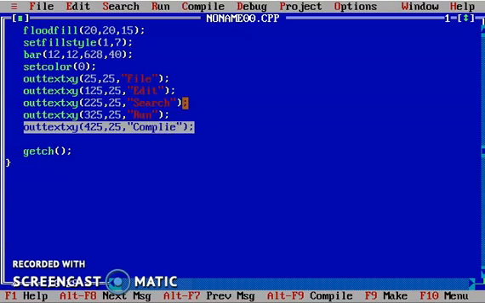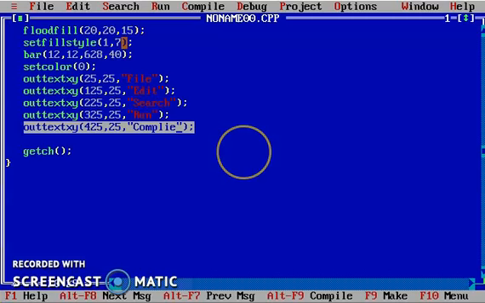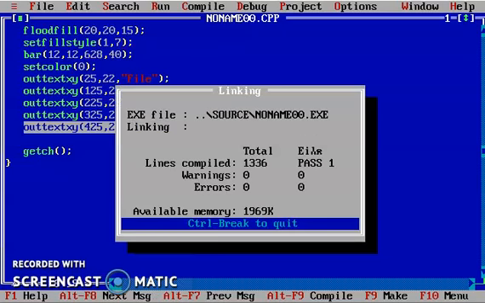In this way, if I run this, see, so this is the output. We need to reduce the Y value because it is not displayed at the center of the bar.